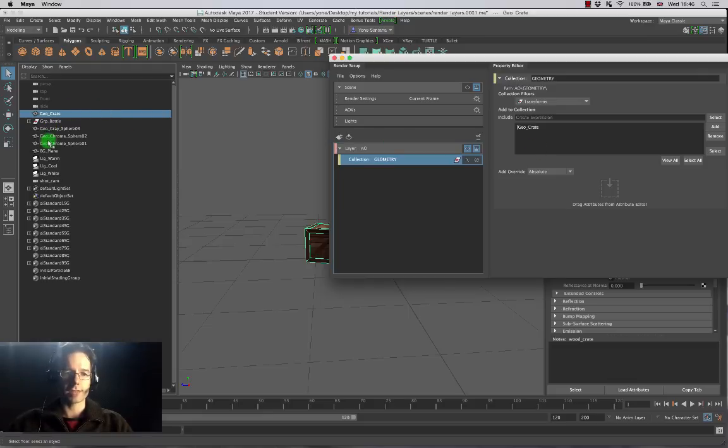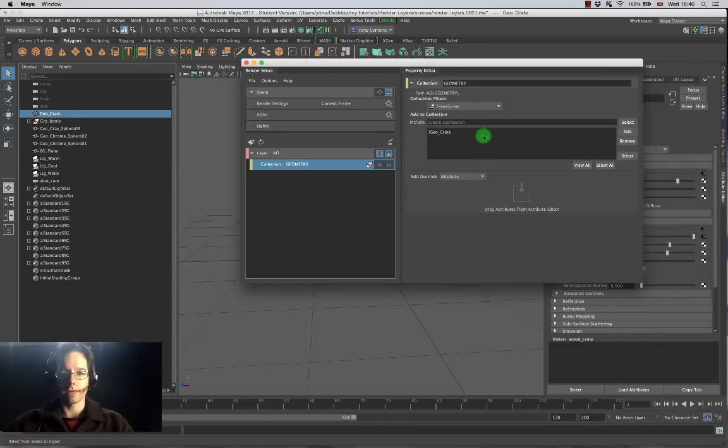Now, there's a whole other series of ways of adding things to it, and people can think, oh, it's going to be a lot of hassle to just grab all of these objects and put them here. But if you are diligent with how you name the objects inside of your scene, it can be really easy to do this. There's a few tutorials that show you more about how to do this. I'm going to show you a very easy way, because in my scene, all of the objects that are geometry